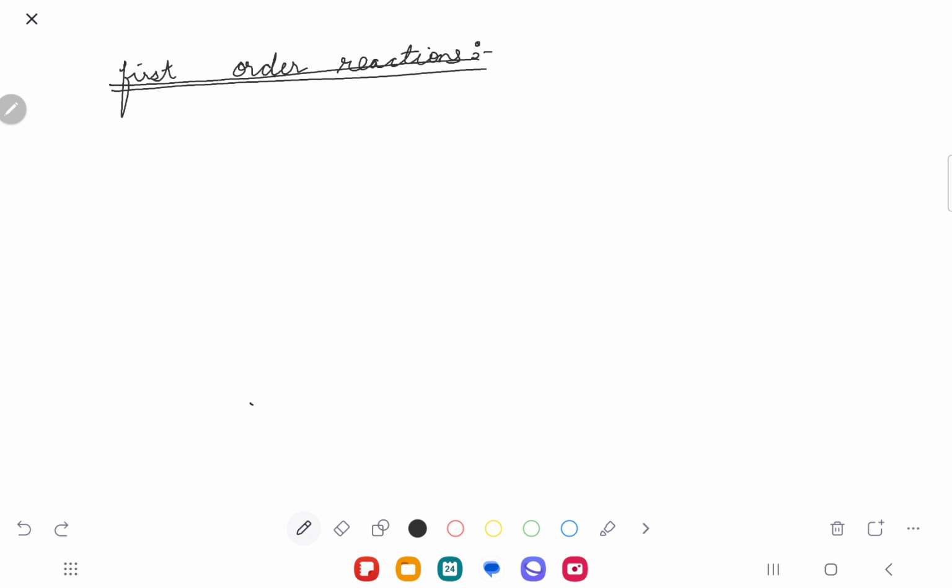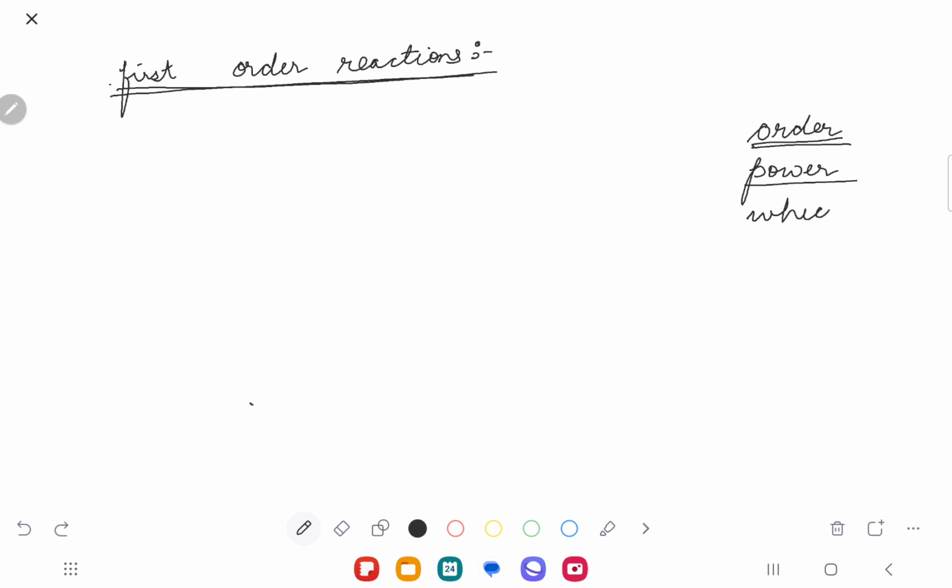In case of a first order reaction, these are the reactions which depend upon the concentration of the reactant. Now there are two terms. One is called order. Now understand what is order. Order is a power which tells us